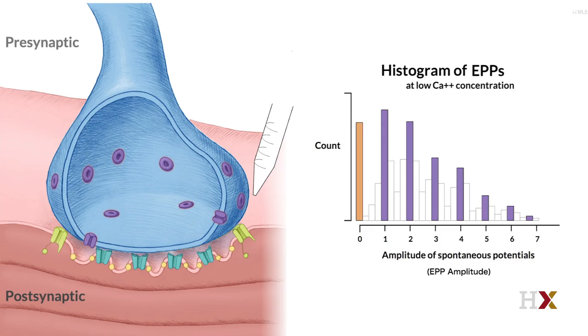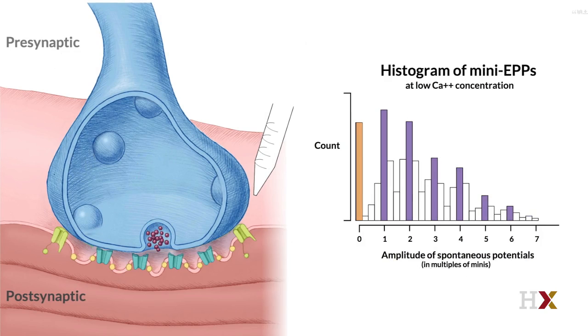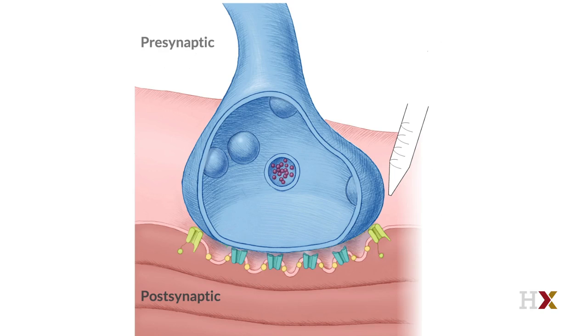In a stroke of brilliance, Katz understood what his data was telling him, and he hypothesized that rather than transmitter molecules being released individually, they must be released together in packages of approximately fixed number. Said another way, neurotransmitter release in synaptic transmission is a quantized process. Rather than continuously flowing out of the presynaptic neuron, neurotransmitters were released in discrete quanta, or groups of neurotransmitter molecules, that all spilled into the synaptic cleft in one go.